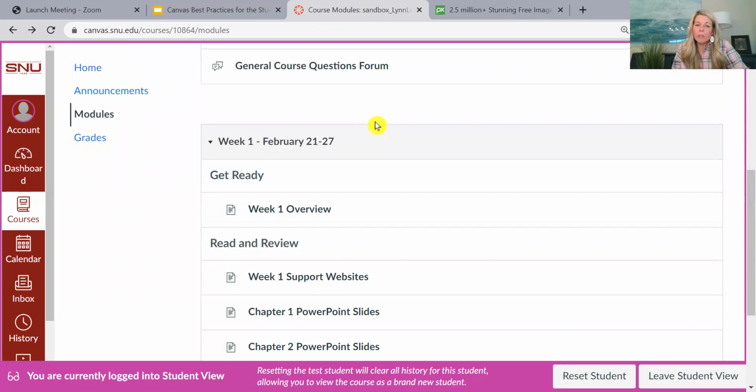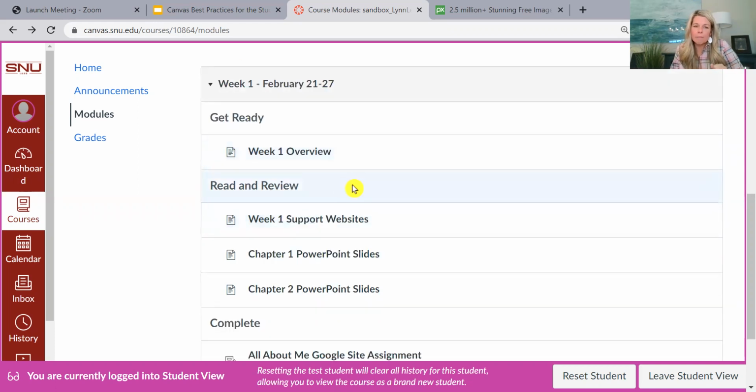And then within the week, this is where I was talking about adding some subcategories, they're actually called text headers. So within the module, you can add subcategories. So in each of my modules, I'm going to have a week 1 overview, and that's simply a page where I just type out, these are the types of things we're going to be doing this week. Any important things they need to know about, any projects they should start working on this week that maybe are due later in the term, anything that they might need to bring to class, I place that in the get